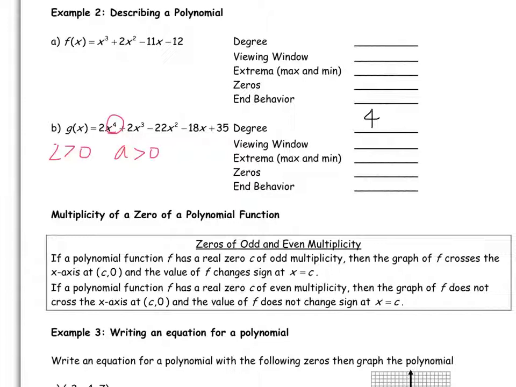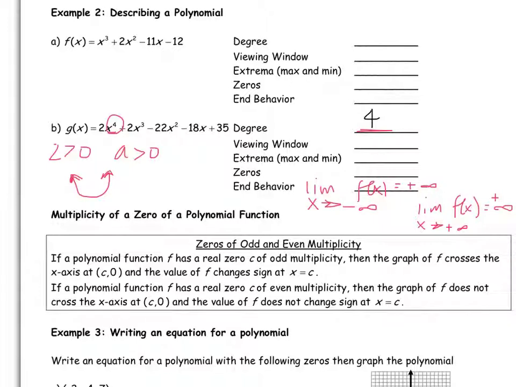And because my degree is even, that means my end behaviors are going to stick together. They're either going to go up, up, or down, down. Because a is positive, my end behavior is going to mimic that of a quadratic. It goes up, up. So the limit as x approaches negative infinity of f of x equals positive infinity. They go up, up. The limit as x goes to positive infinity,